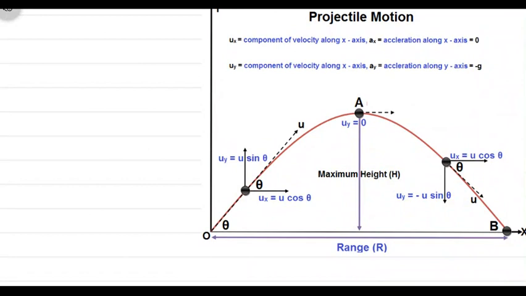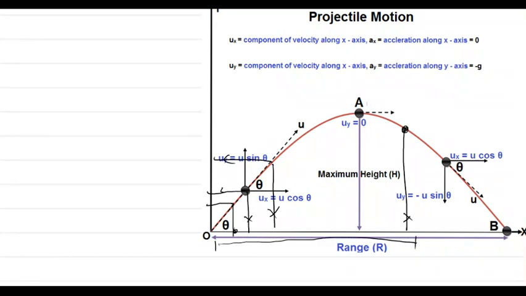Means the object is covering the distance horizontally and vertically at the same time. For example, say here, till that position it has covered the distance x and also the distance y. Here also it covered x distance and at the same time y. At this point, for example, how much x distance has increased and also y distance has increased, and so on. Even if I just check over here at that point, say here